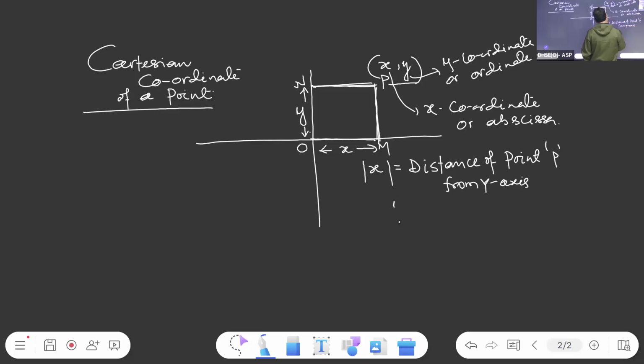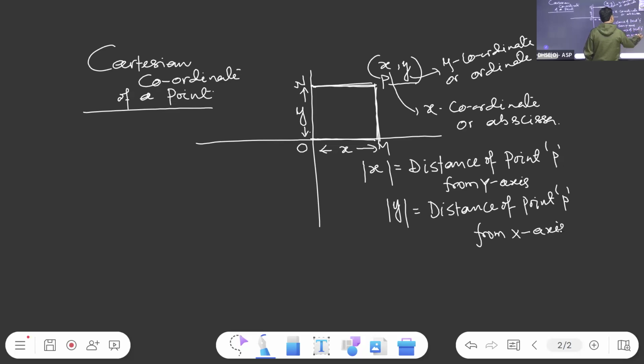And mod y is the distance of the point P from x axis. Clear? Is it clear to you guys? Is it clear? Barsha, Arnab,